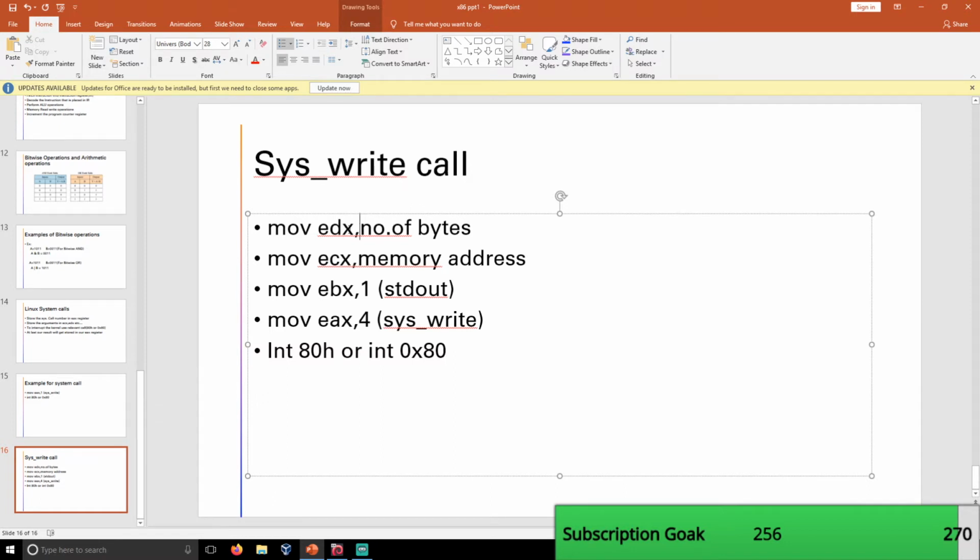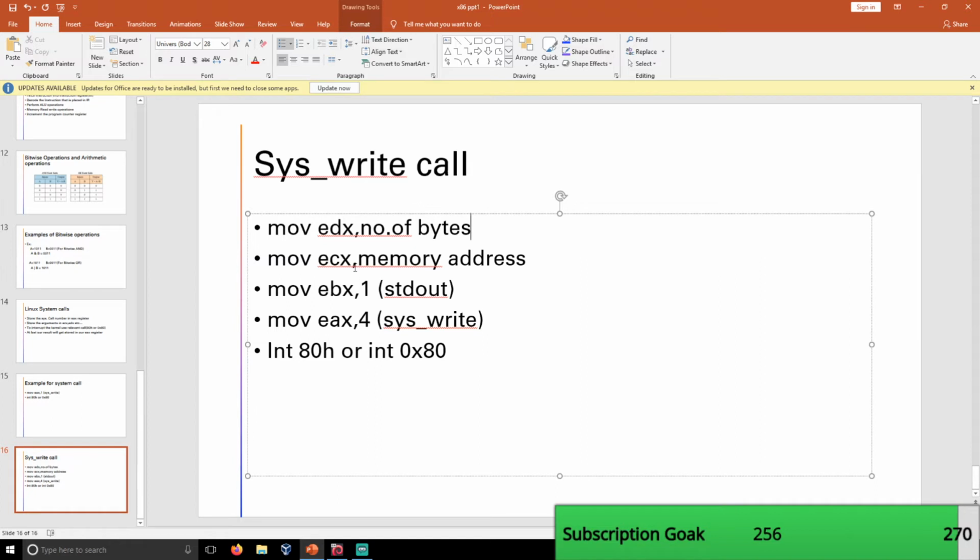For this, in the EDX register you need to pass the number of bytes that our variable will occupy. If a variable occupies 13 bytes of space, you need to pass 13 here.